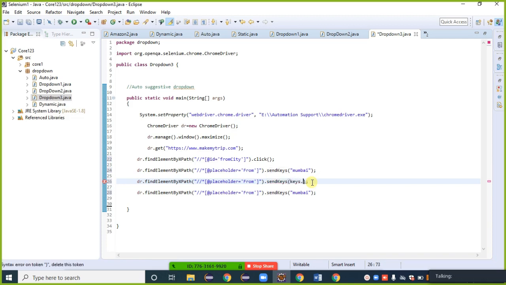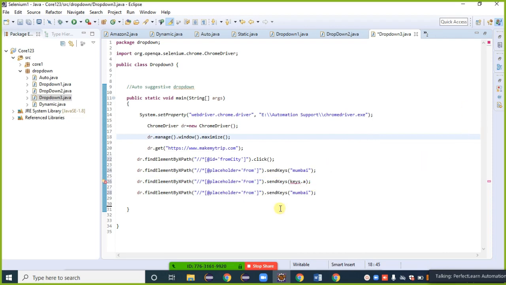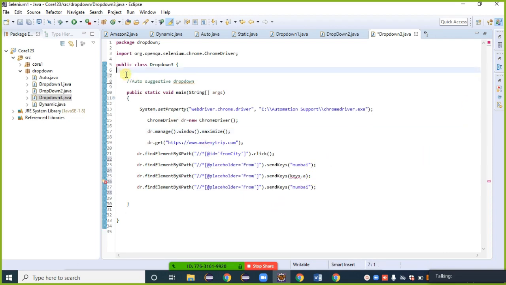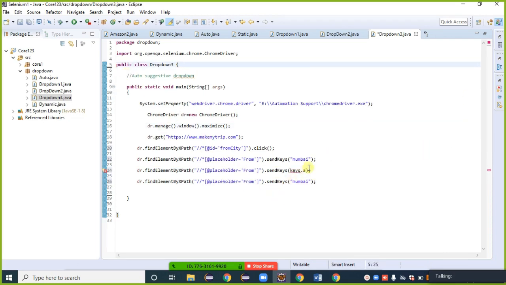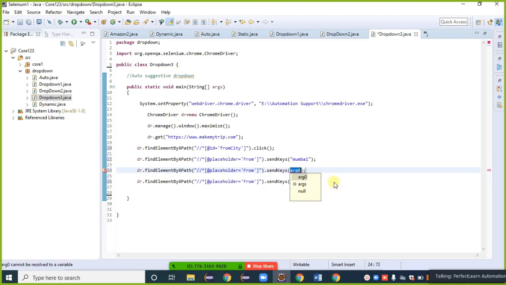Keys dot arrow. So when I give dot send keys, inside that I am providing Keys dot.